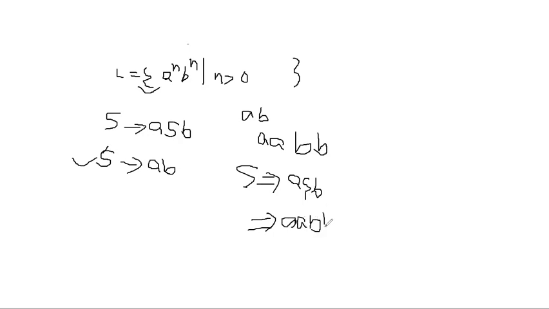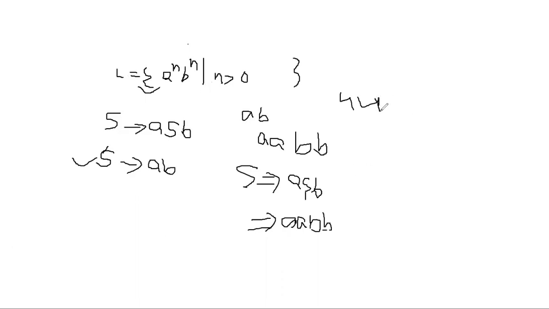So like this, any number of A's and any number of B's come from this. Just repeatedly or recursively use S implies A S B the required number of times, and finally replace S with AB, to get a sufficient number of A's. Suppose the number of A's is 4 and the number of B's is 4, meaning an equal number of A's and B's because the power is the same. So if you repeat it 3 times, then we get 3 A's and 3 B's.